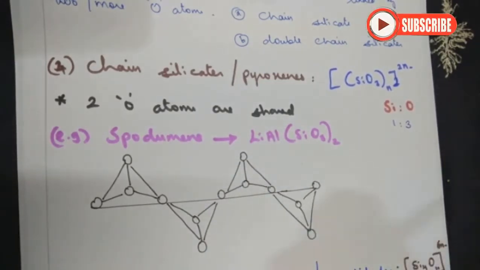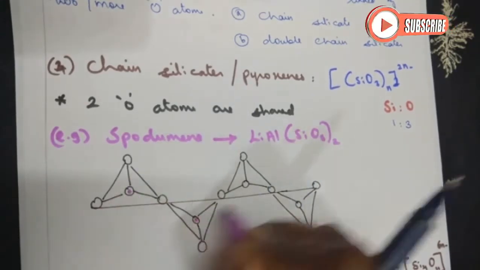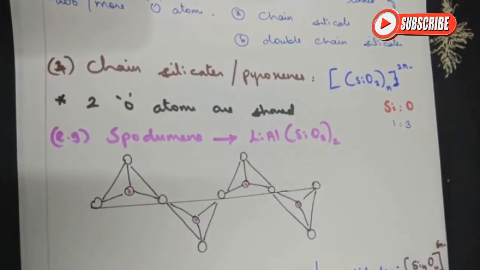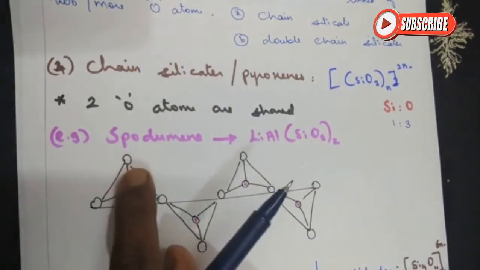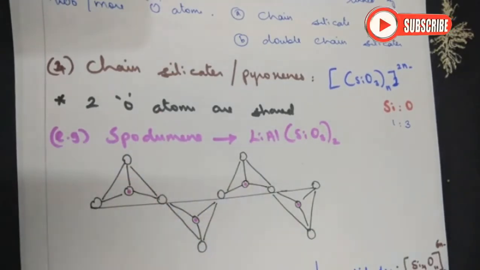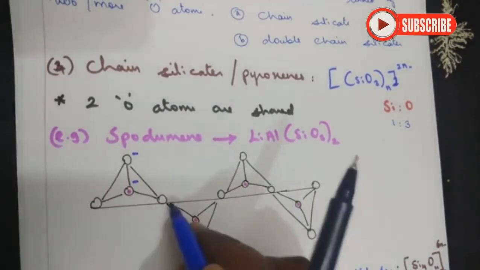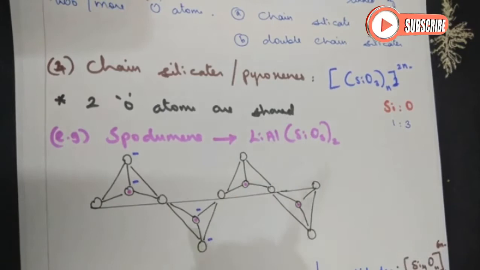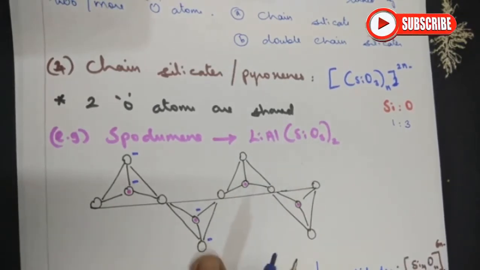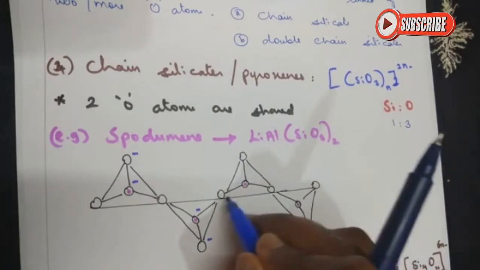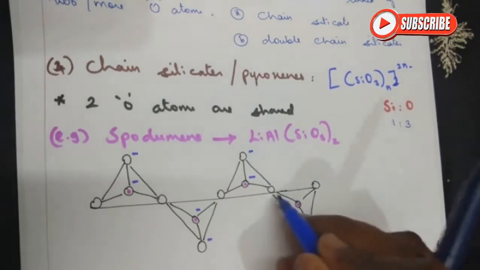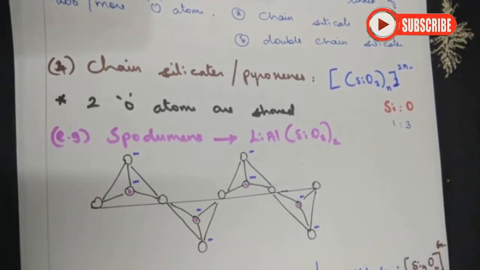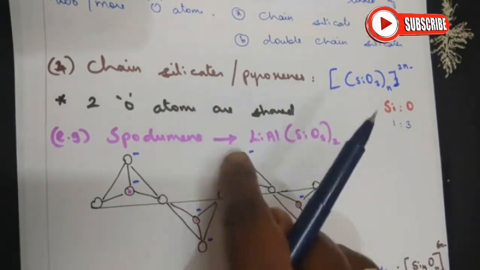Now what we have to do? These oxygens are bonded to silicons. Over. Let's calculate the charge. What have we written? Two oxygen atoms are shared. If you look at this unit, two oxygen atoms are shared, so they have no charge over them. For this unit, two oxygen atoms are shared, so the charge over the oxygen behind the plane and at the terminal end remains. Similarly for this unit, two oxygen atoms are shared. Here the charge exists. For this unit, two oxygen atoms are shared. These two retain the charge over them. So this is the example of it.